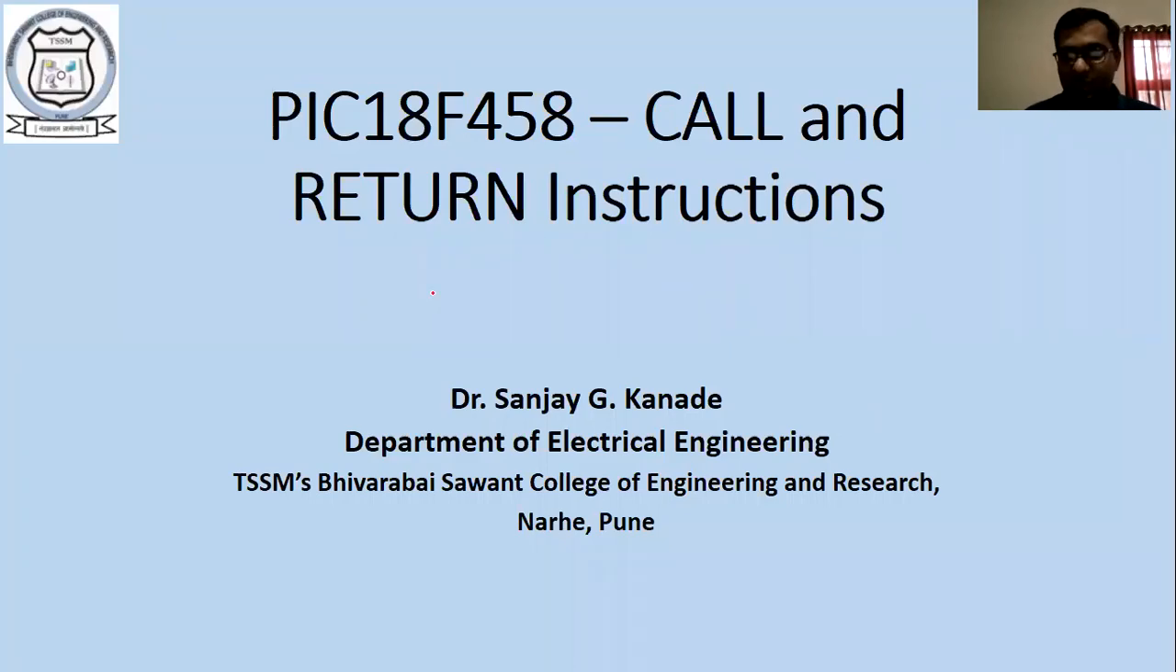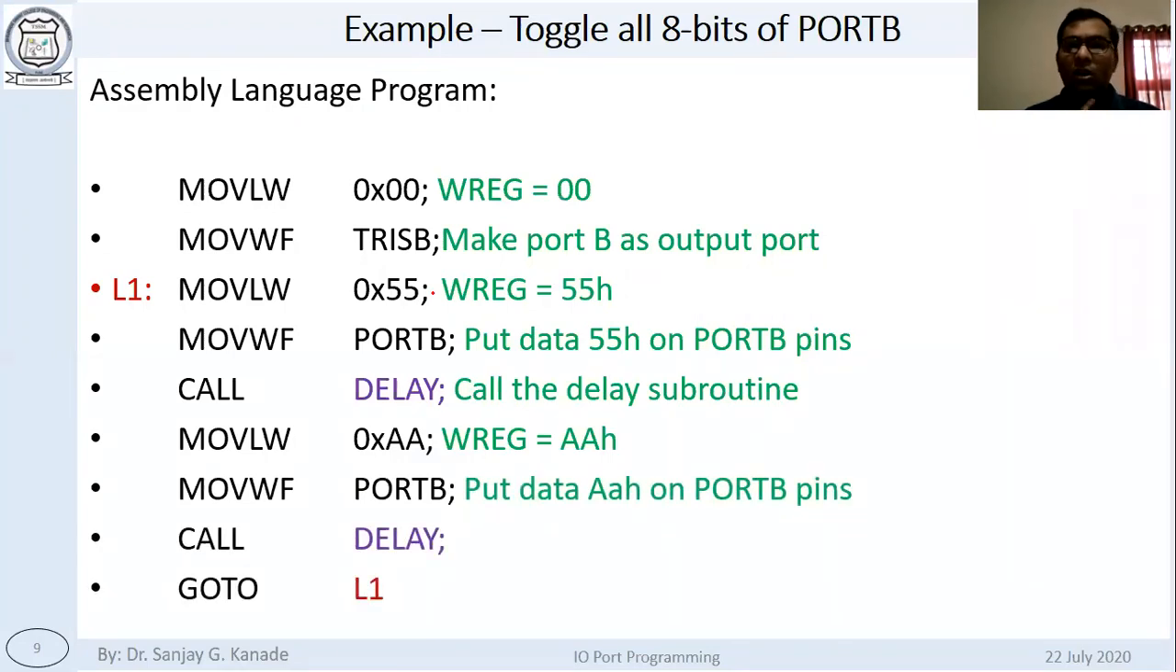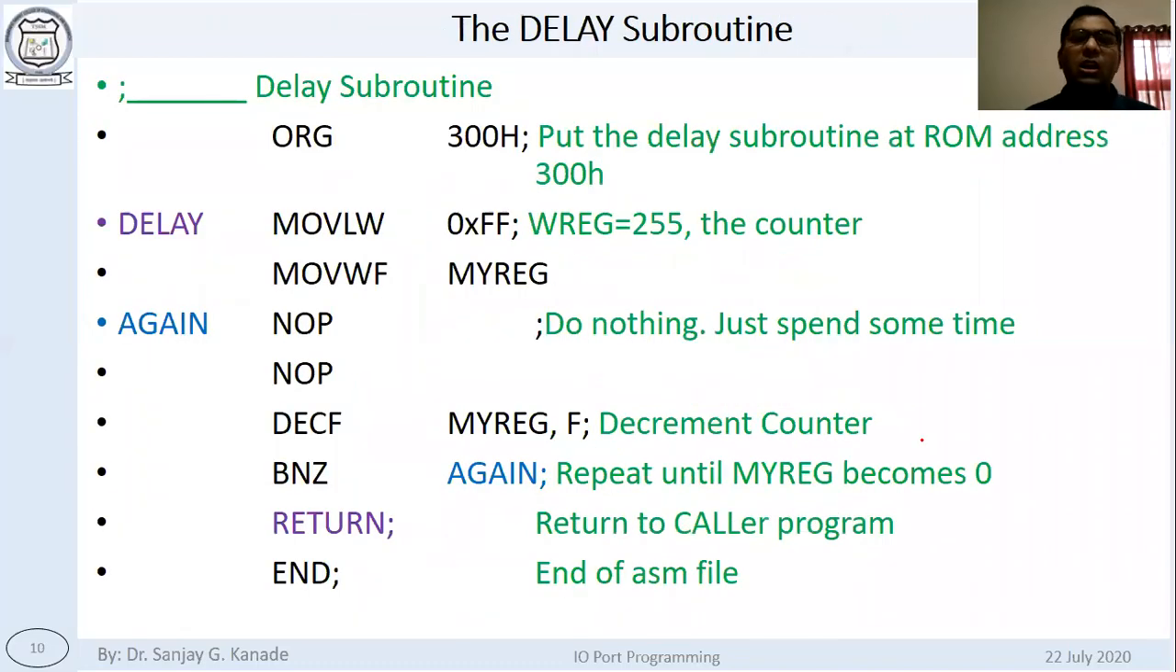Concretely, what we have seen yesterday was this program, right? We discussed the program of toggling all 8 bits of port B. At one instance, we sent 55H, and then we provided certain amount of delay, and then we sent AAH, and then again we provided certain amount of delay. Because we needed this delay at these two locations, we used a subroutine called delay,